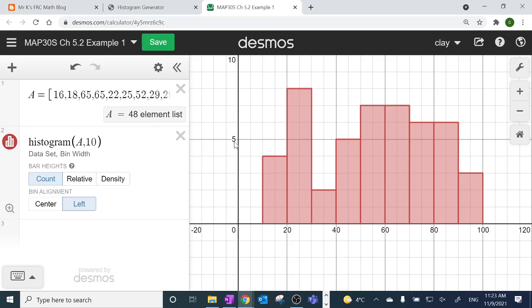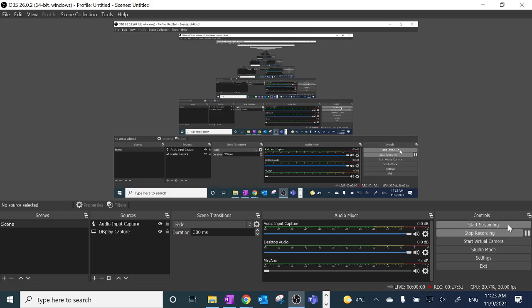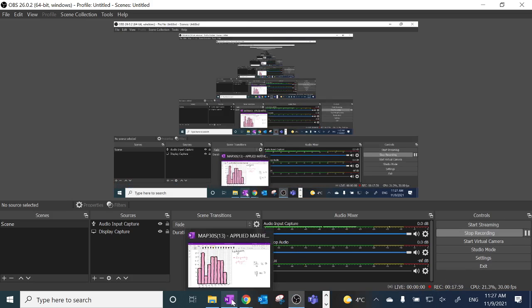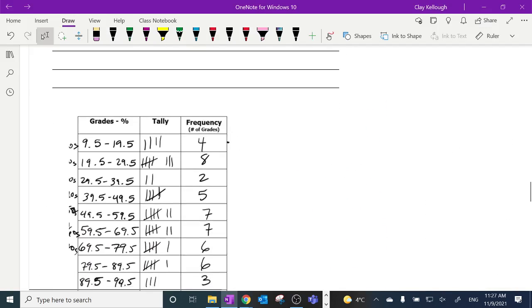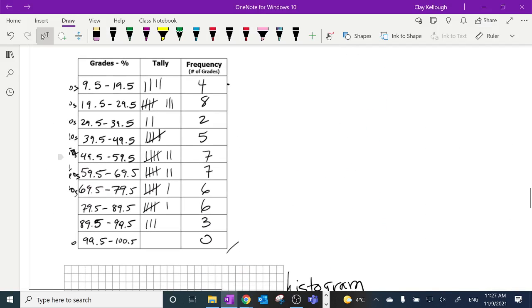Now, for the people who are using calculators, let me just pause for a sec while we get the calculator open. Okay, and we're back. So for the people who are graphing this on the TI calculator, you can go back to your tally chart. The TI calculator can graph a grouped frequency data table. So you go to your tally chart where, again, the 10s was 4, the 20s was 8, the 30s was 2, the 40s was 5. So that's the data that you enter